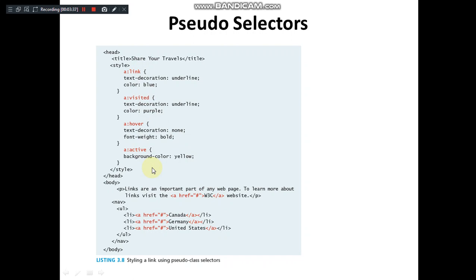So this is mostly applicable to links, images and buttons, rather than just taking a text box or a simple display of the H1, H2 or something like that. You take an element which is able to accept the different actions by the user.